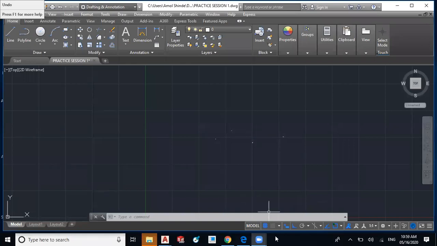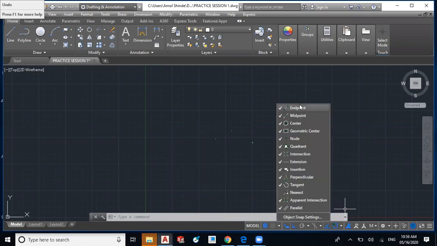So this is the iso draft. At the time of isometric, I will show the use of this iso draft. Then this is object snap tracking. Before that, we will see the object snap. We have to keep this object snap on to draw with accuracy. So we have some options. We have already selected these options from the snap settings. Just check that nearest should be off, because it may create confusion between points and nearest points.